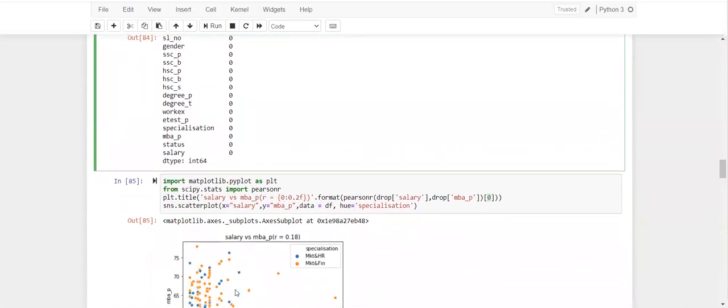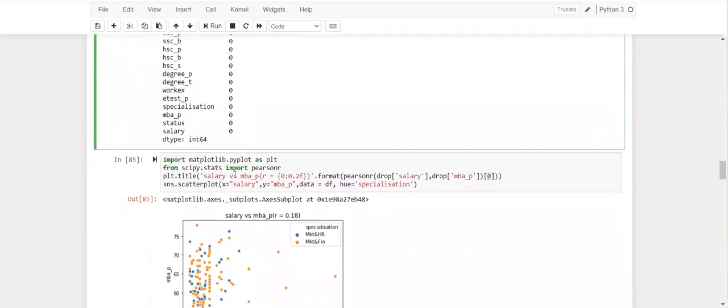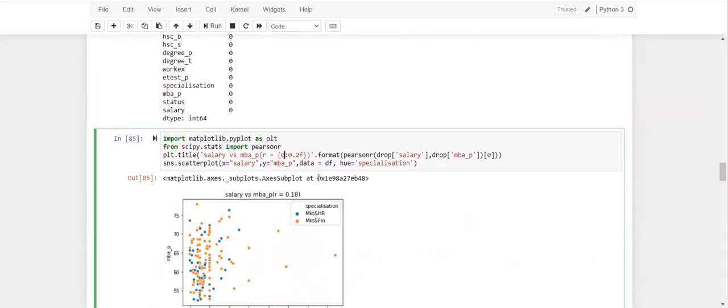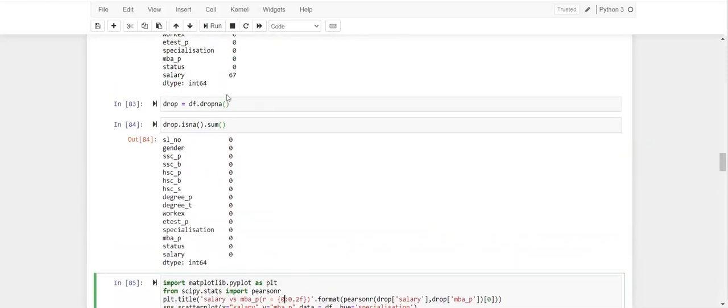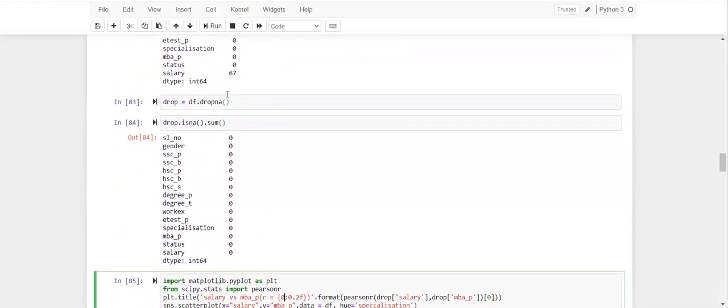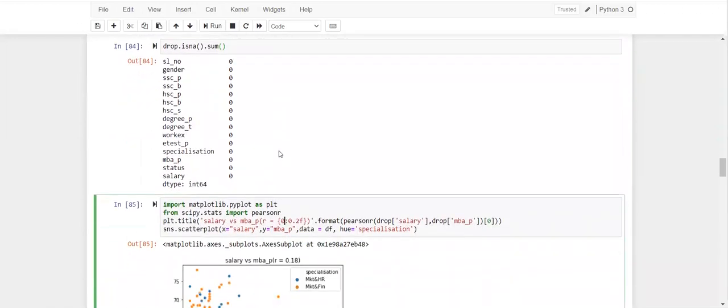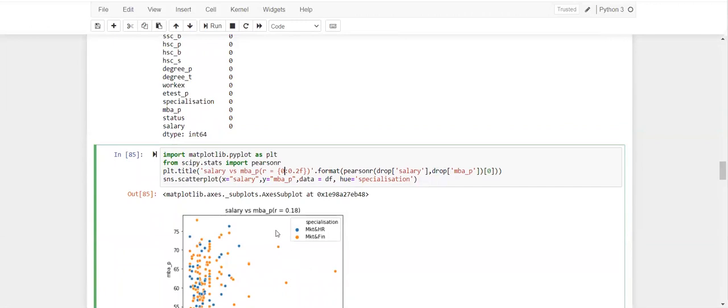So now let's go ahead and plot this out. Again, remember we are plotting this for only the ones who have got placed. That's why I have done these things to drop all the ones which had NA values, and then we'll be taking those values to plot it out.